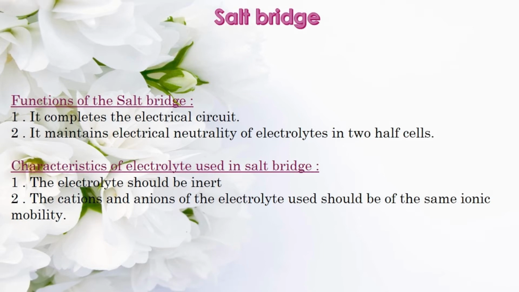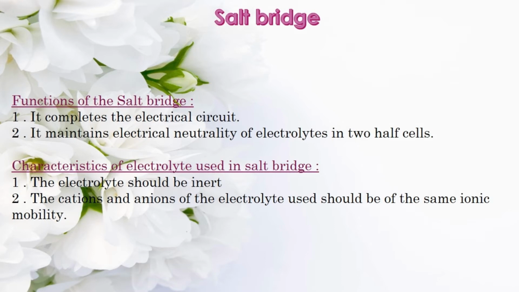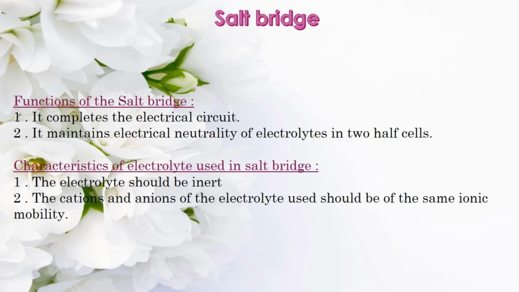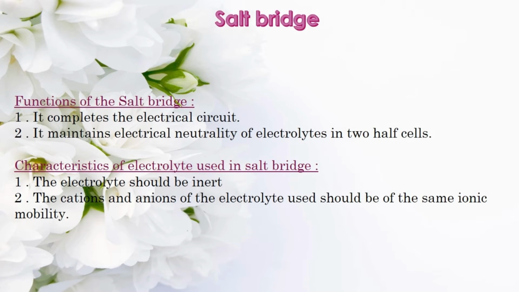After some time, this results in the accumulation of more and more Zn2+ ions in the solution. So these Zn2+ ions will come and get accumulated around the anode, since the anode is negatively charged. Similarly, due to reduction of some Cu2+ ions to metallic copper, the solution around copper will acquire a negative charge, because an excess of sulfate ions will be there near the cathode.